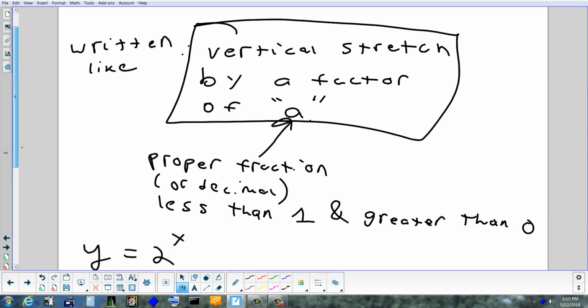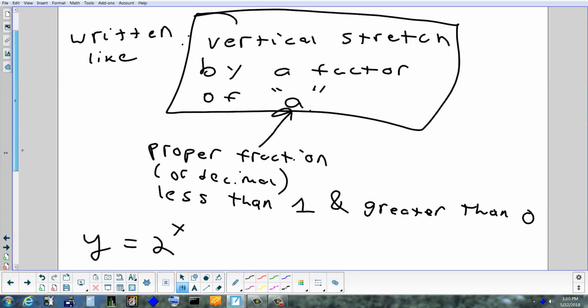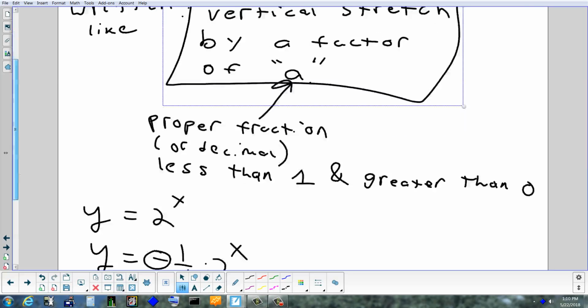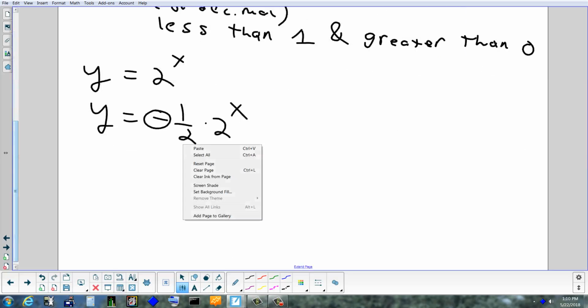And remember, guys, when it's negative, you're not going to write by a factor of negative, whatever the number is. Make sure you keep it positive. If you want to write compressed, you can, but it's going to confuse you what I'm about to say. If you want to compress it, you have to say compressed by a factor of 2. You can stretch it by half or compress by 2. It's the same thing, but we're trying to show you how to write it using what you did yesterday. So I would write stretch by a factor of a half for this one, and